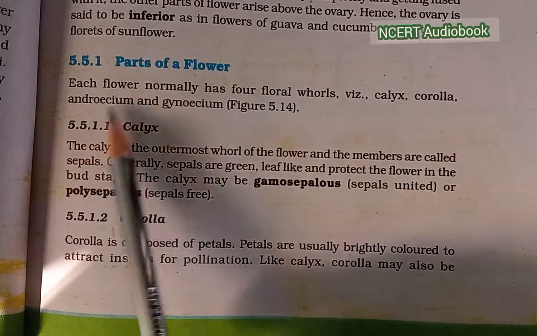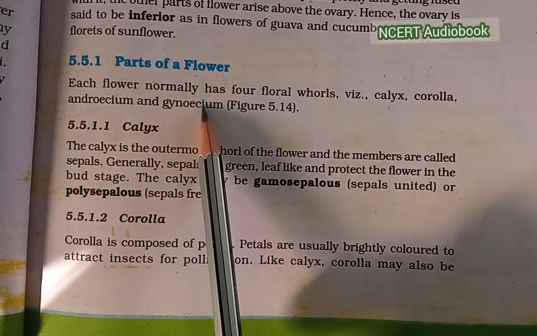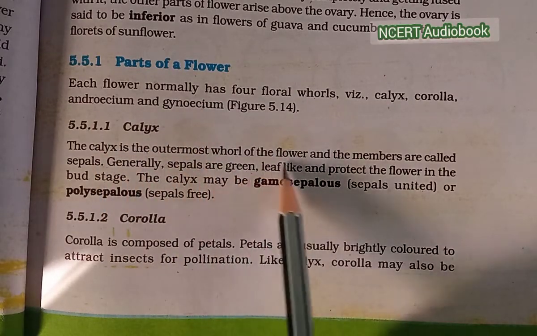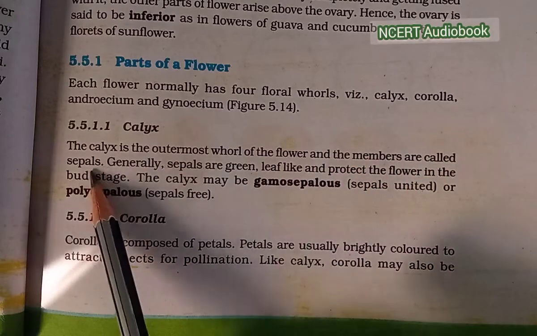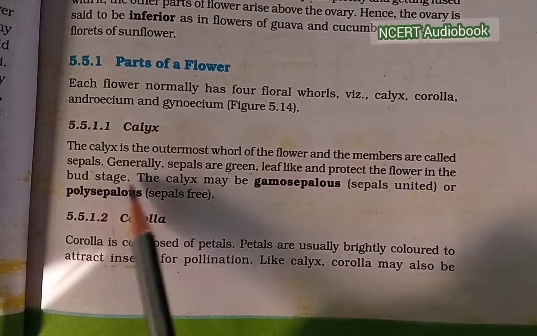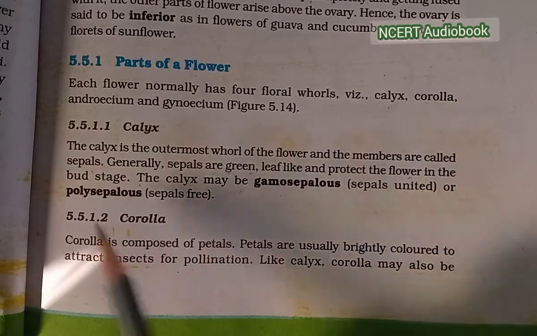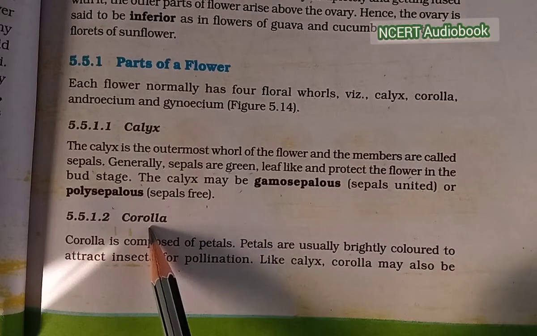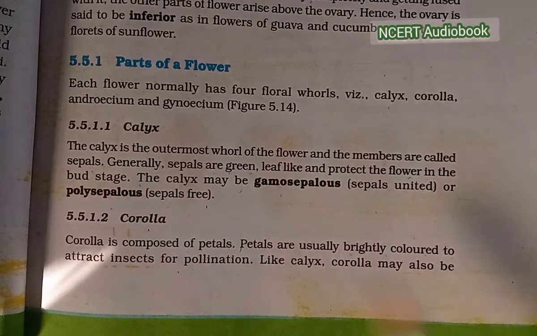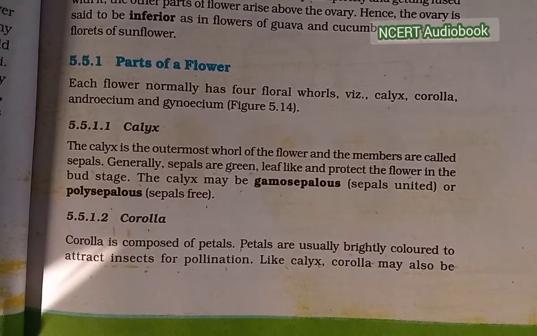Parts of a flower. Each flower normally has four floral whorls: calyx, corolla, androecium, and gynoecium. Calyx. The calyx is the outermost whorl of the flower and its members are called sepals. Generally, sepals are green, leaf-like and protect the flower in the bud stage. The calyx may be gamosepalous, sepals united, or polysepalous, sepals free. Corolla. Corolla is composed of petals. Petals are usually brightly colored to attract insects for pollination. Like calyx, corolla may be